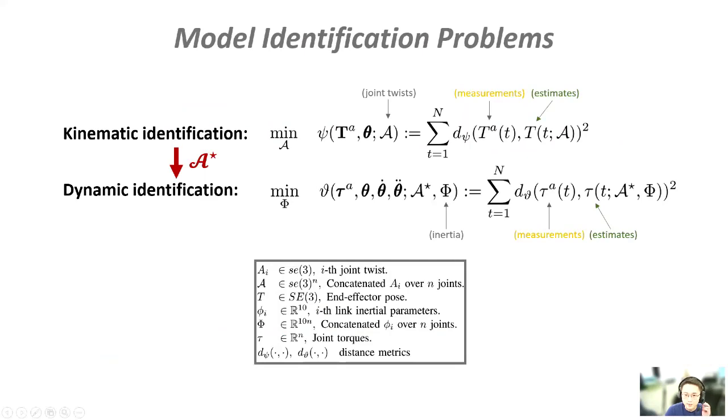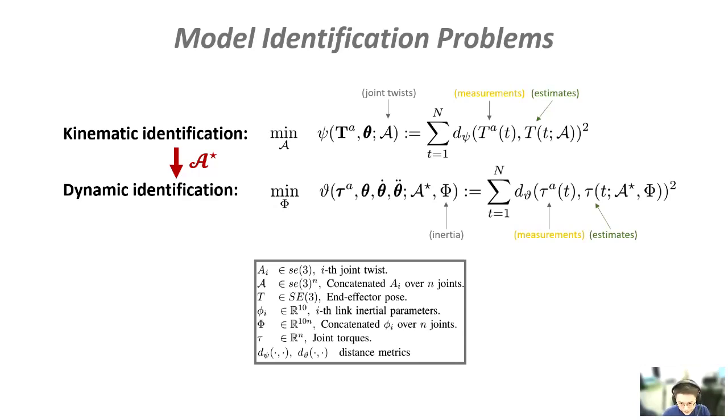So what is model identification? When we control a robot or build a simulator, we always have to identify models of the robot first. As is well known, there are two basic models to be identified, kinematics and dynamics. To explain easily with clear concepts, here we just assume that our kinematic model computes the end effector poses for given joint angles, and our dynamic model computes the joint torques for given joint states.